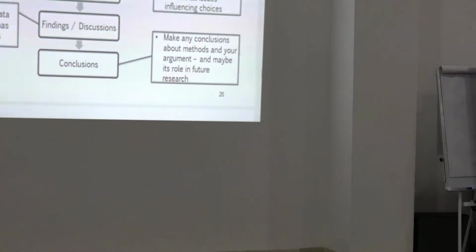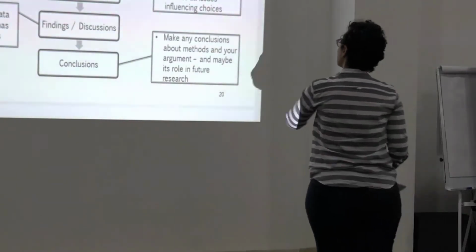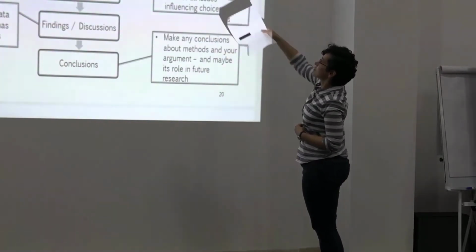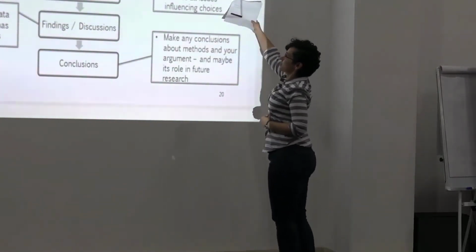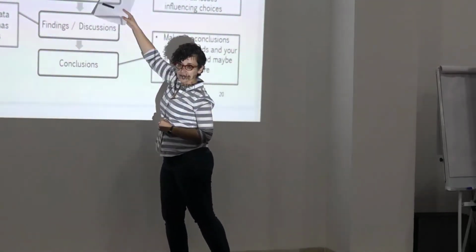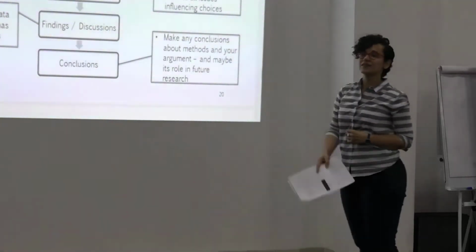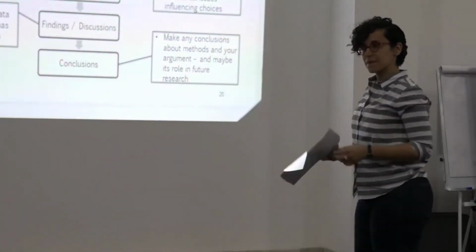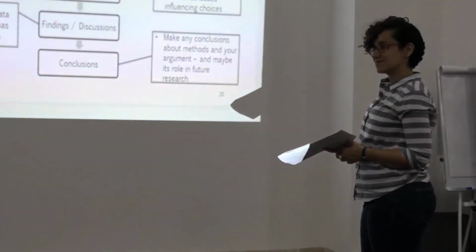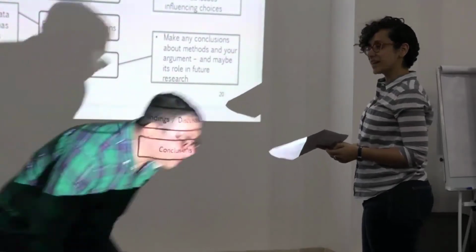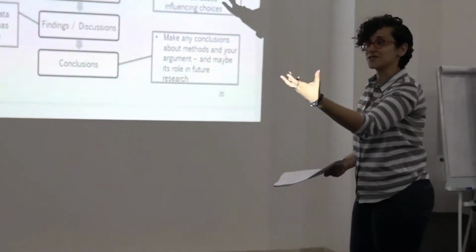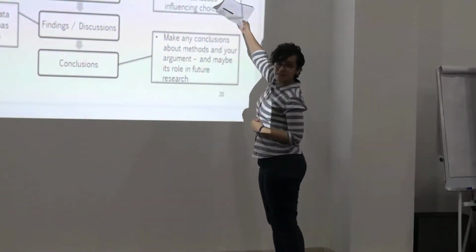So you always need to introduce your methods in terms of setting up your overall argument. So you introduce your data collection and analysis methods, you link your choices to your overall argument, and you link it to your theory. So all the theory that came before now gets linked explicitly in the methodology. I remember when we first talked about theory today, it was linked with the literature review, but now it's regarding the methodology. Yes, because part of your methodology is the theoretical implications, and so that's why you have to link it to the theory.